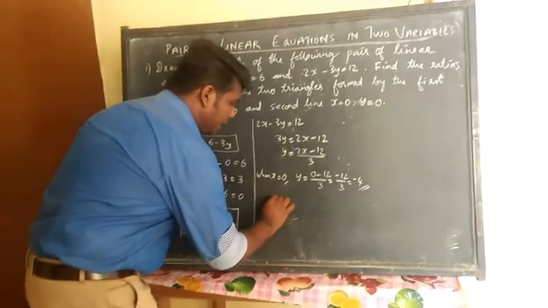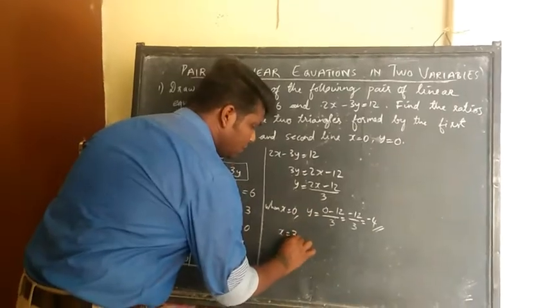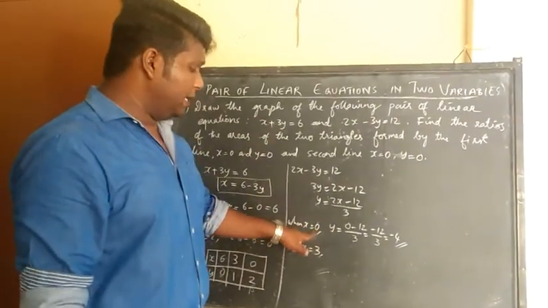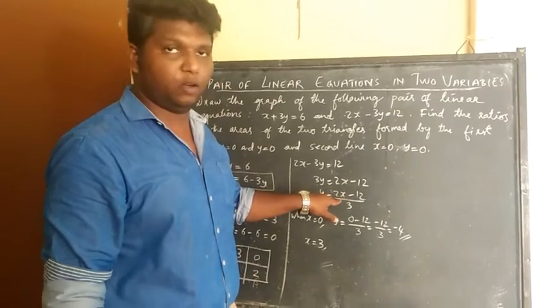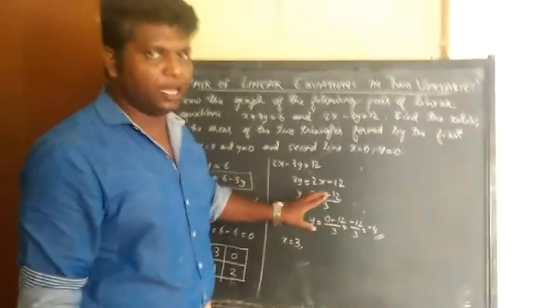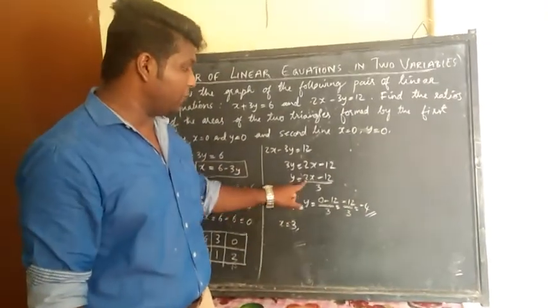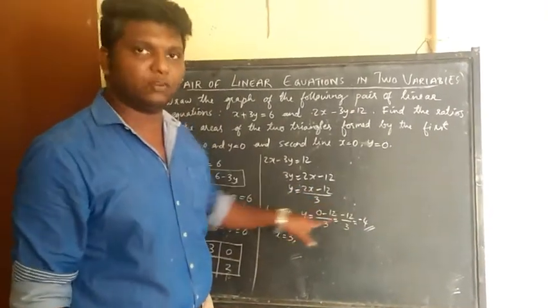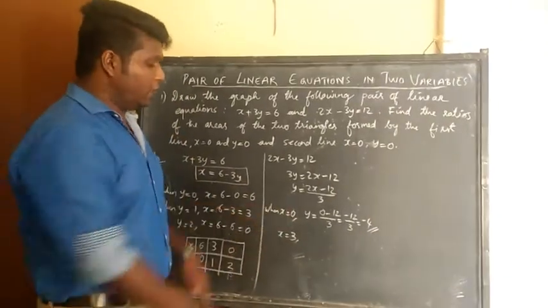Now, another one, when you are giving x is equal to another value, 3. Any values you can give. Normally I gave here 3, because if you are giving here 1, 2 into 1, it will become 2. 2 minus 12 is minus 10. Minus 10 by 3 will come, you will never get an integer. That's why knowingly I took a multiple of 3 so that I will get a whole number. That's why I took it as 3. So likewise you can also change them in your own method.